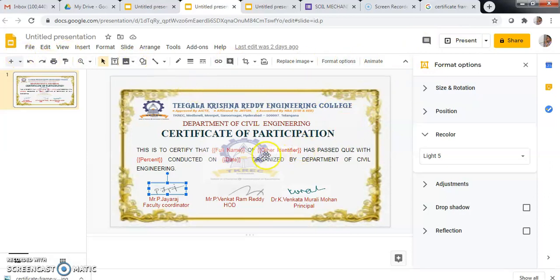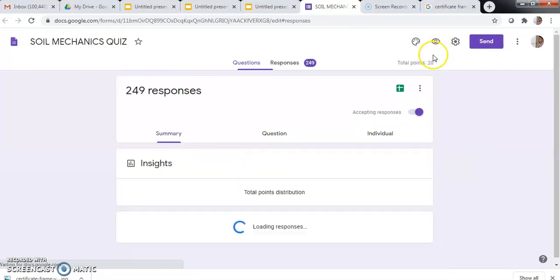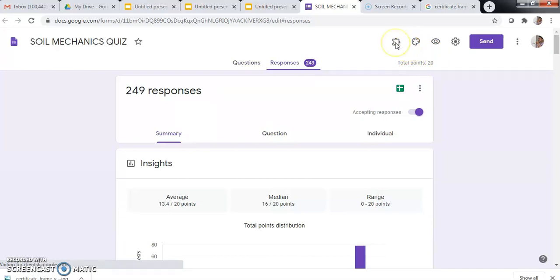Why am I mentioning other identifier? See here in the Google form. This is our Google form. In the Google form, this is the add-on.